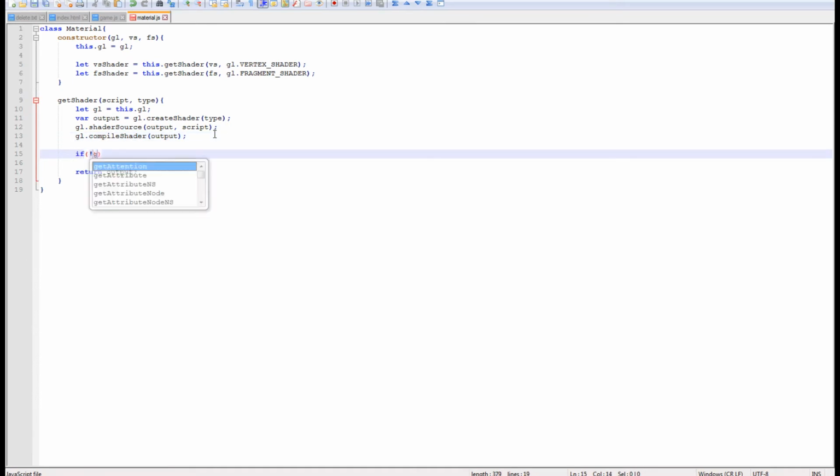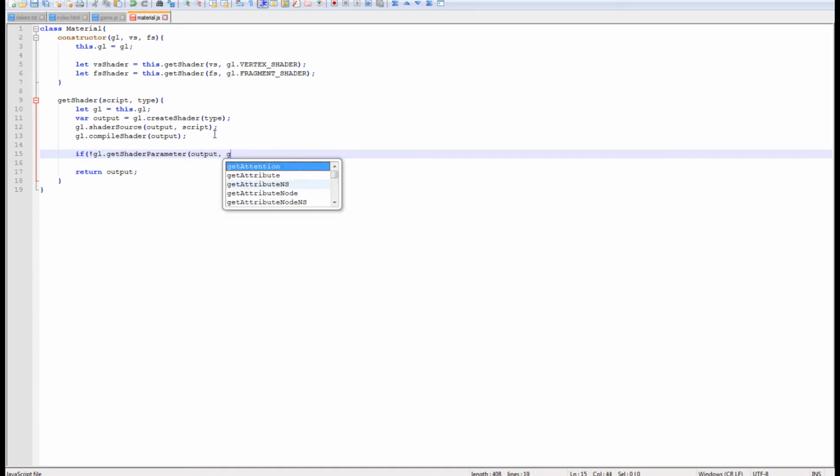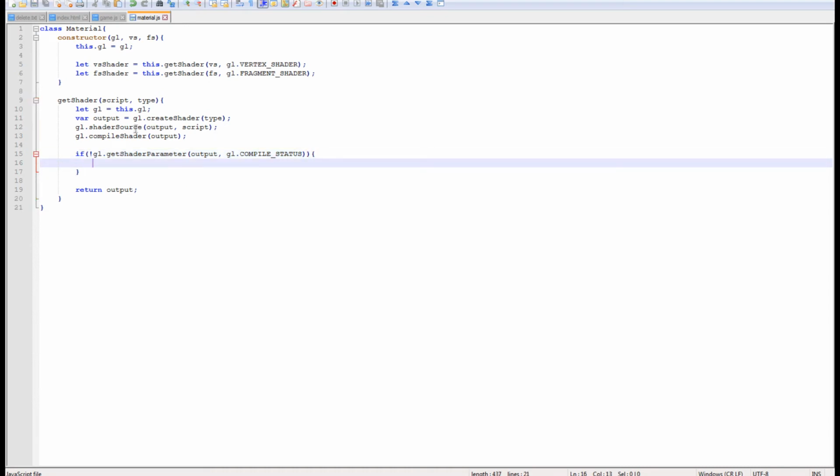So we go if gl dot, let's see, get shader parameter. We put in our output, and then we go gl compile status. So has it compiled? And we're testing it like it's a falsy statement. So if it gets back nothing or 0 or some sort of status that doesn't make sense, it'll throw up an error. And then from there we can just do console.error,